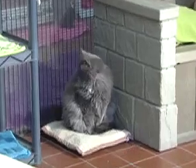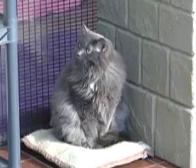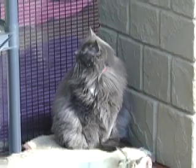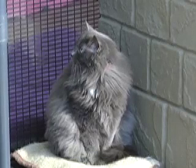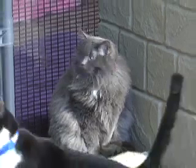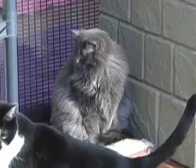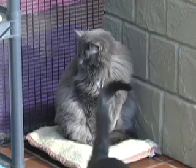This big, beautiful gray female is Zerai. She was born in May of 2012. Zerai is a very quiet and independent girl. She would most likely do best with kids that are 12 to 15 years or older. She tolerates the other cats here in the room, but would probably prefer to be the only cat in her new home. She may tolerate a dog as long as it does not